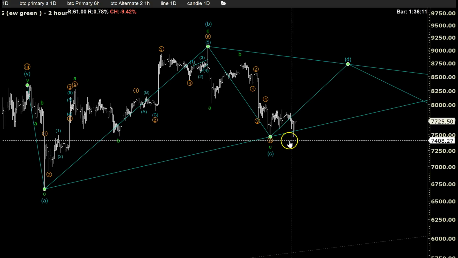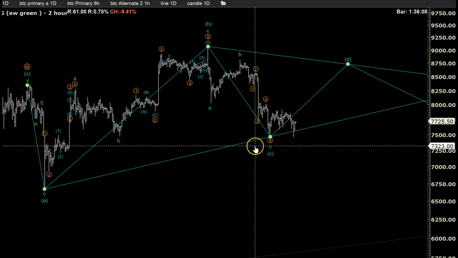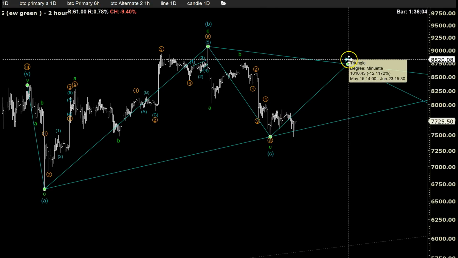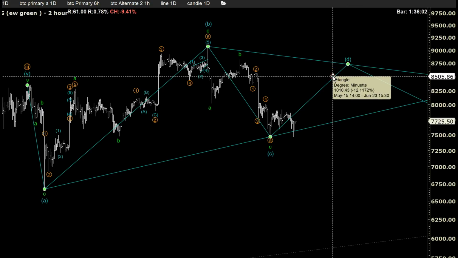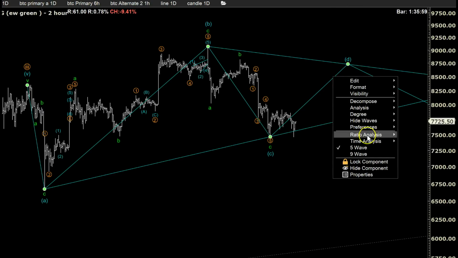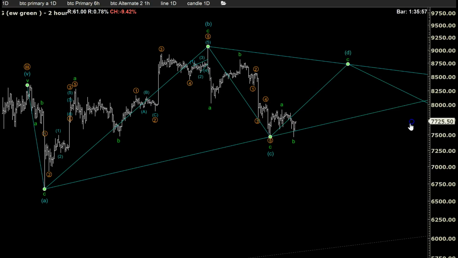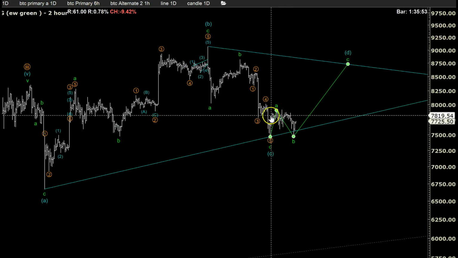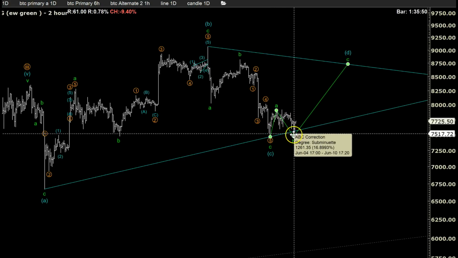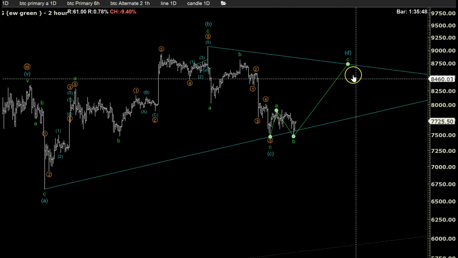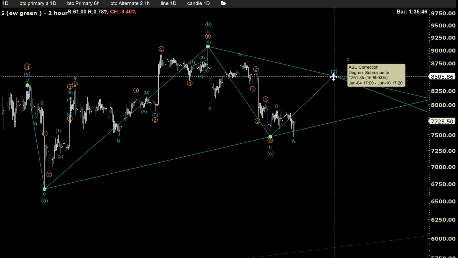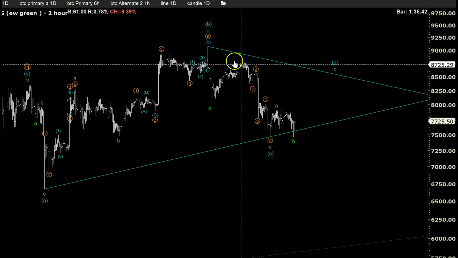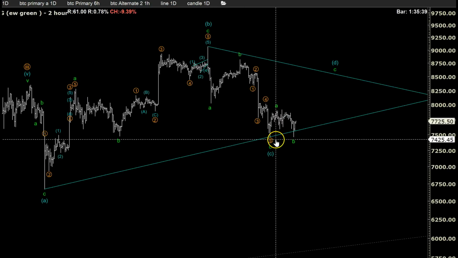Now, I need an impulse wave off the lows to give me the wave 1. Unless this is an A, B, and we're doing a very large C in D. Let's try that, right? We go here, and we're going to decompose it as a correction, and we did wave A as an impulse right here. We got to look if we have 5 waves, so we go 1, A, B, and now a very large C to complete this. Or it could be, you know, maybe somewhat low, right? It doesn't have to be precise, but usually it's supposed to be about 0.618 of this wave up here. So